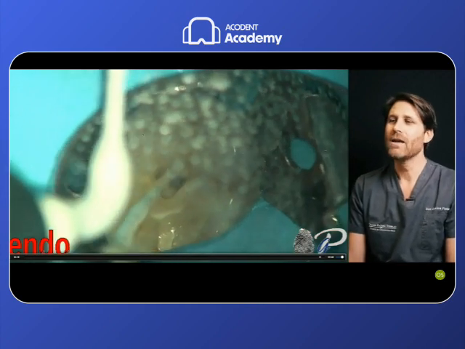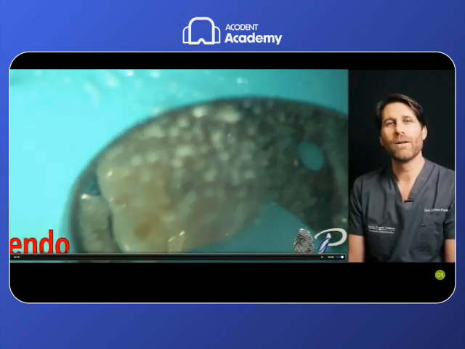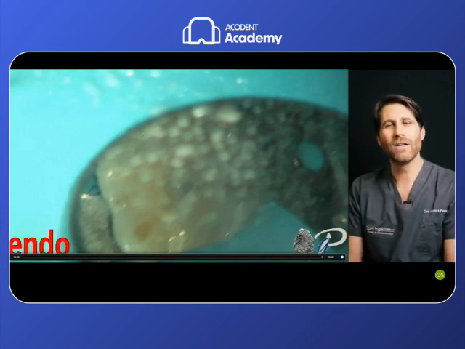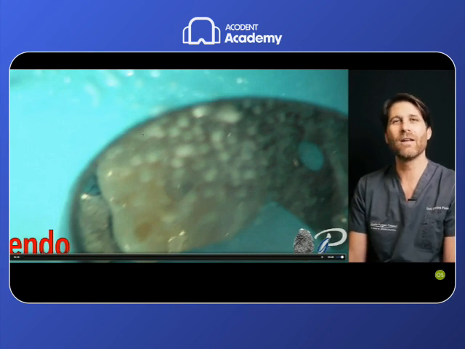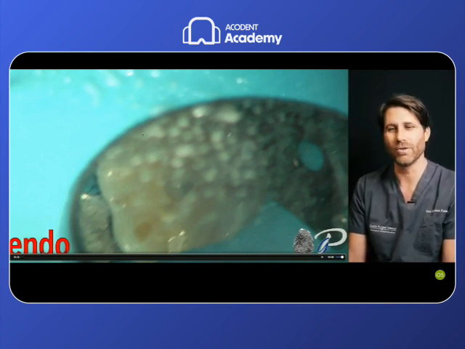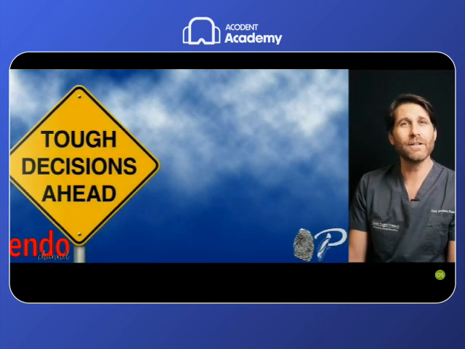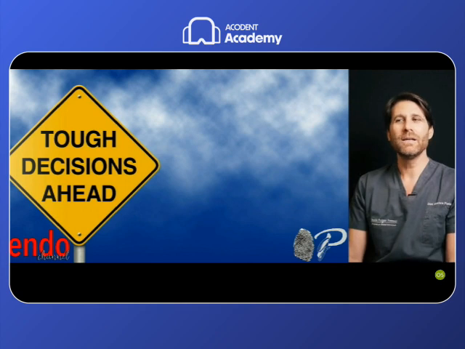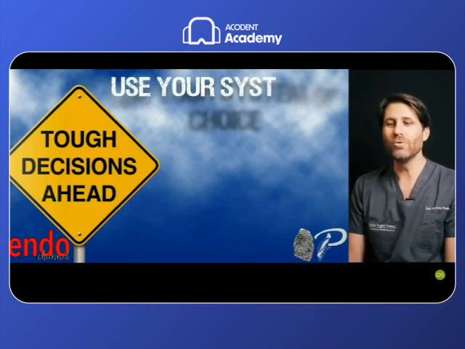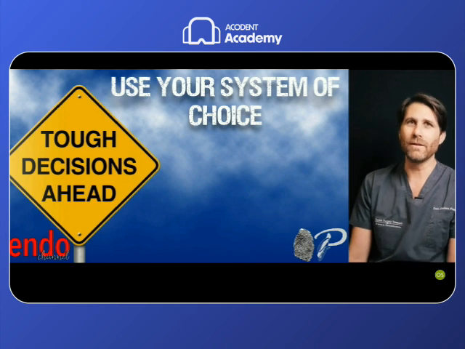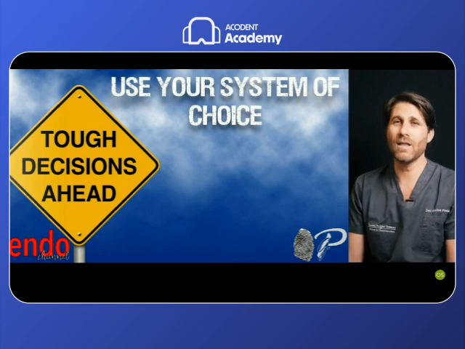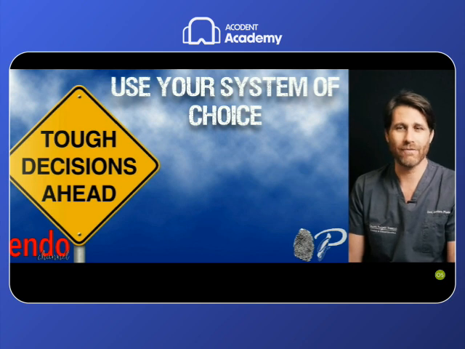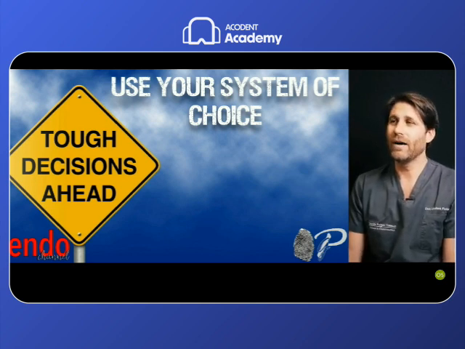And then after preparing the glide path and the pre-flaring, we start with the activation of the irrigants, with the stepwise intraoperative activation that we will see in the lesson on the irrigants and irrigation protocol. Then, after the glide path created with this system, the tough decision ahead is to choose our system of choice to complete the root canal preparation, because in this standard case, honestly, the work is almost done as soon as we have finished this scouting, glide path, and pre-flaring preparation with the mechanical file. And the use of an instrument today